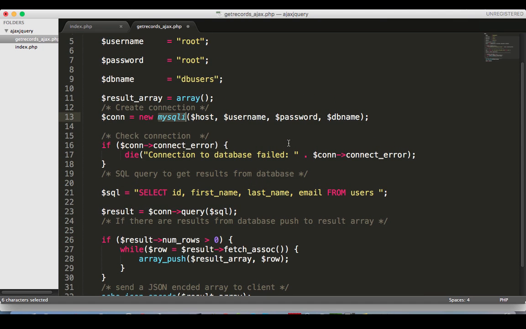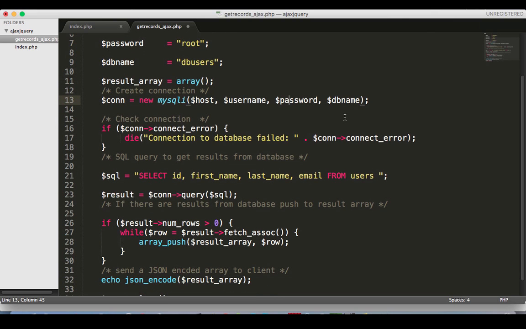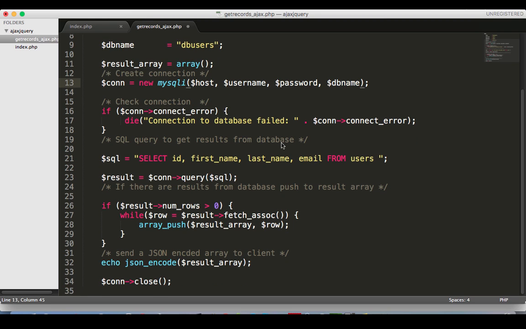So the MySQLi function takes $host, username, password, and the database name, and if the database connection is successful, it will return us a connection object inside this $con. For some reason, if database connection is not successful, then an error will be thrown over here and script will stop. After database connection,